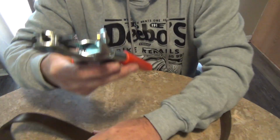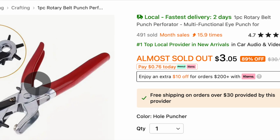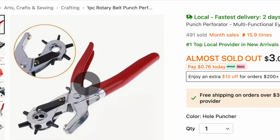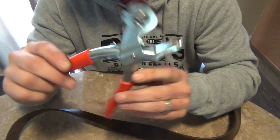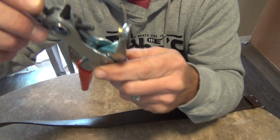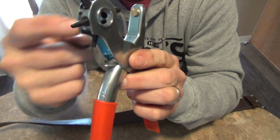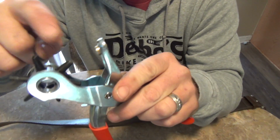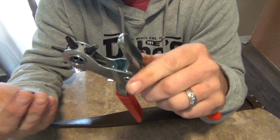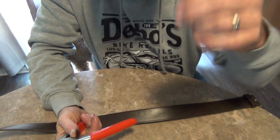Now this is a very simple tool coming in at $3.05. $3 for this thing. How do they do it? I don't know. You have all of these different hole options. Inside, behind the holes are completely open, so as you punch the leather, it just falls through. You never have to worry about it getting clogged up. Super simple. You pick your hole size,